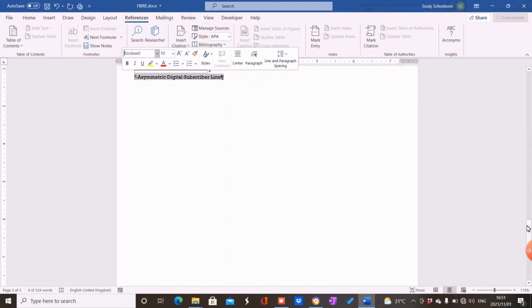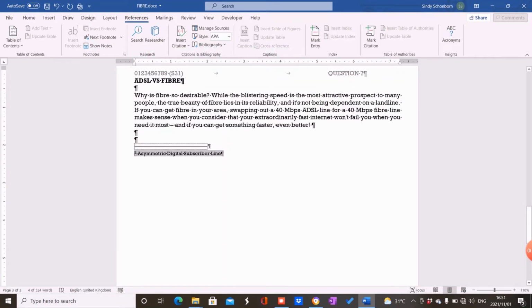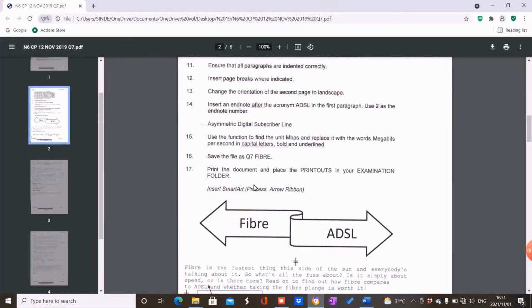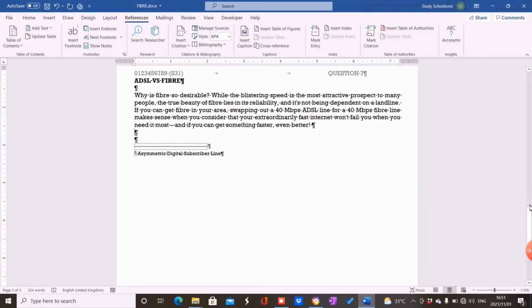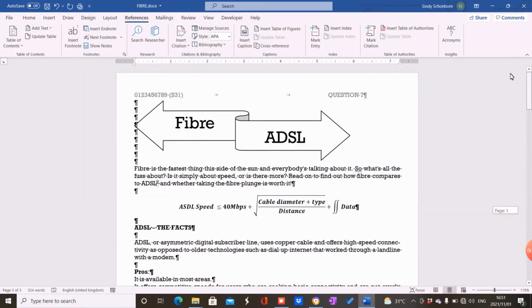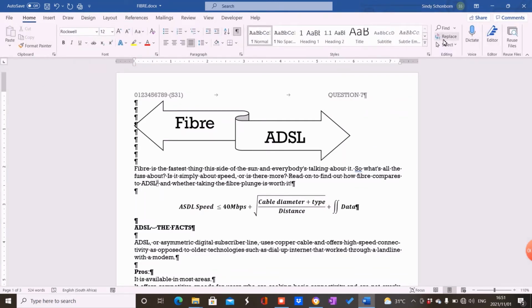Use the function to find the unit Mbps and replace it with the words megabits per second in capital letters, bold and underlined. Now, I like to start directly on top of the document. I'm going to start over here, and I like to go directly to replace, and then in find what, you type in what I want to find. So I want to find the word or the acronym